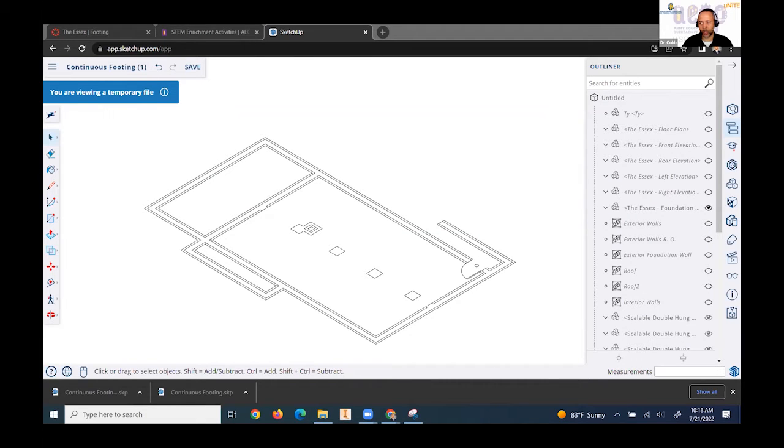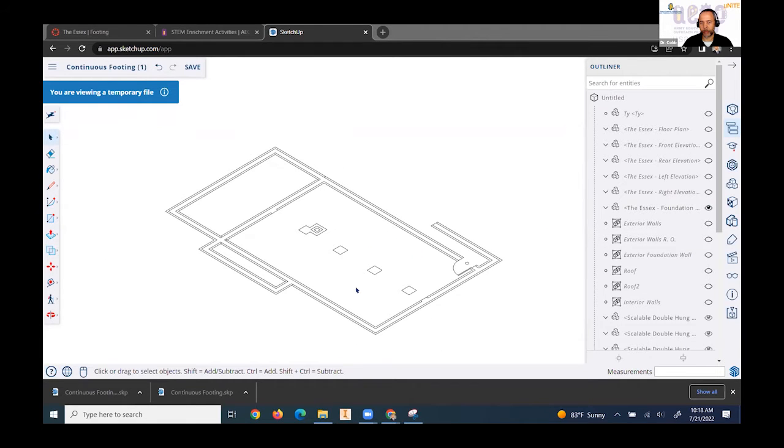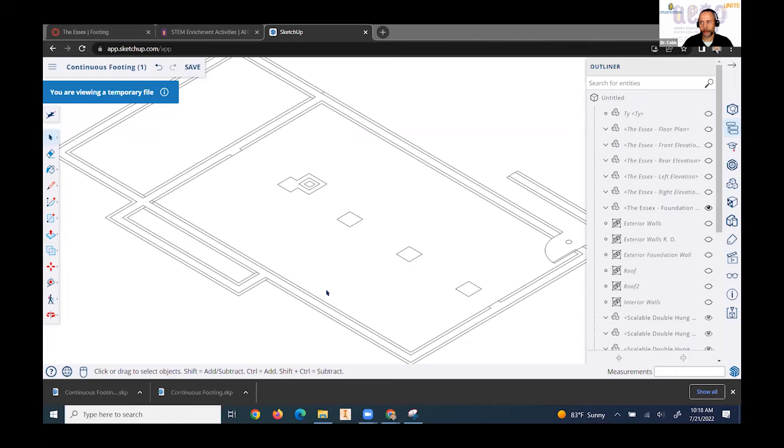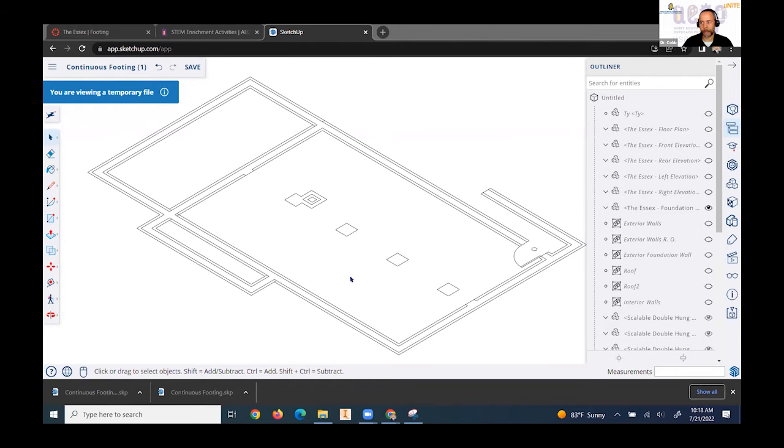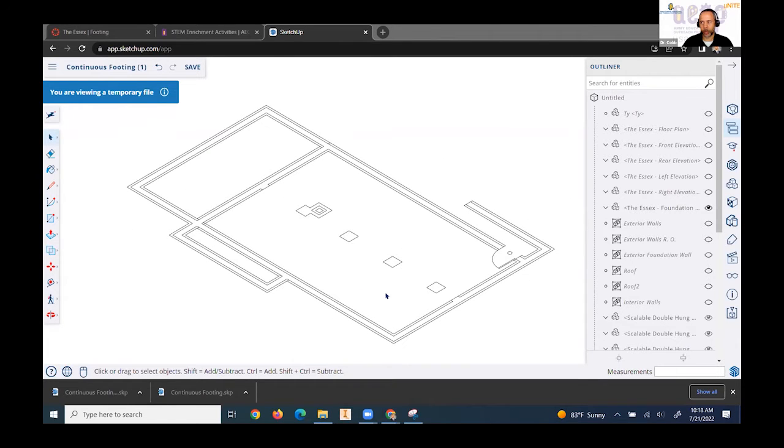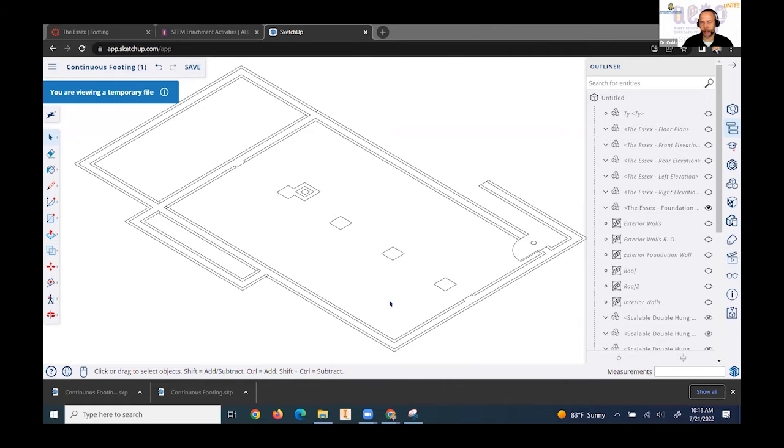And so again, we're basically going to use the foundation plan as the guide. So I need all ones or zeros so I can know to move forward. Okay. So again, basically what we're going to do with this is use the foundation plan to kind of outline